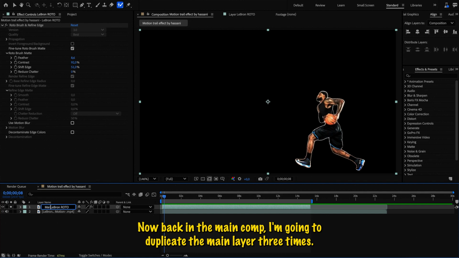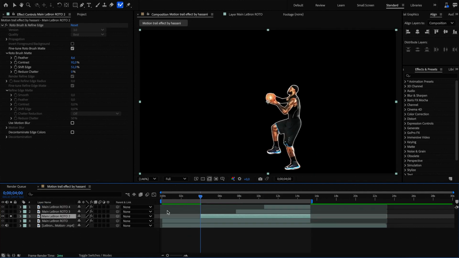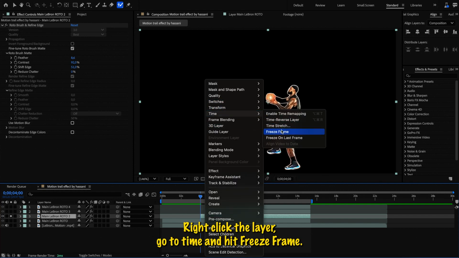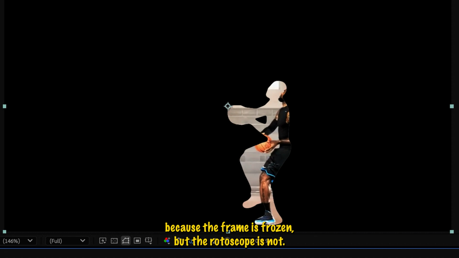Now back in the main comp, I'm going to duplicate the main layer 3 times. Next, select the frames you want to freeze. Right-click the layer, go to time and hit freeze frame. It's crucial to delete the roto effect from all the duplicate layers, because the frame is frozen but the rotoscope